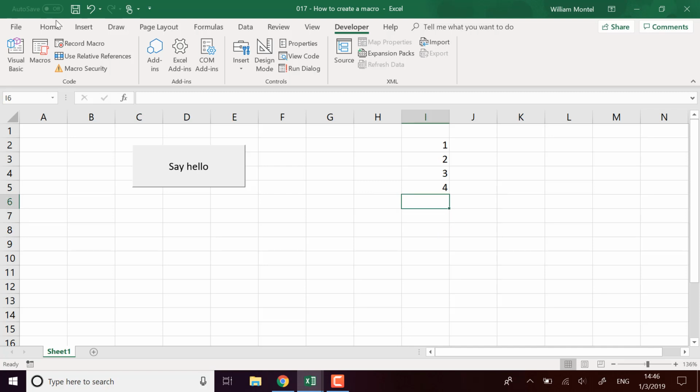What you can do as well with macros, you can record the macro. So what you're going to do something manually, and you're going to say, I want Excel to capture everything that I'm doing and write the exact code that matches what I'm doing. And that's actually really useful because you don't even have to write the code. So if you're not super good with code, or if you don't have time to write anything,